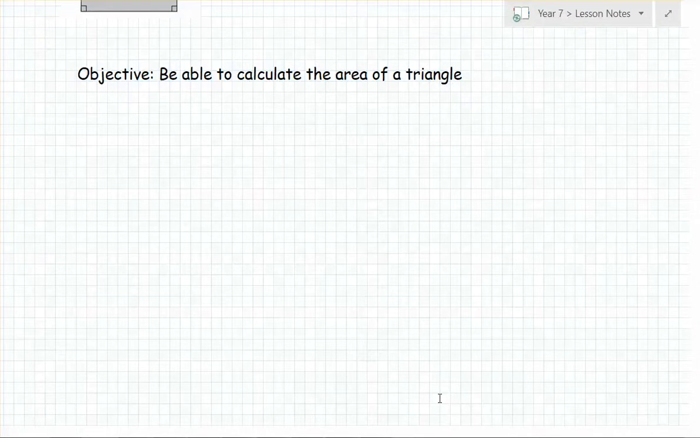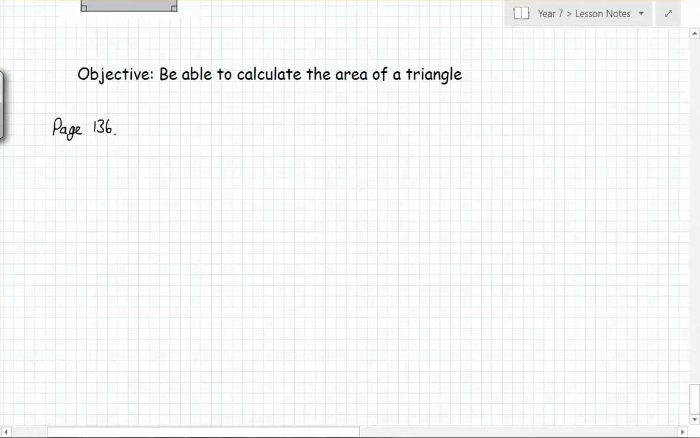Okay, area of a triangle. So we're on page 136, as you know. Now we've got there in the book, there is a formula, right? But what we're going to do is get to that formula rather than just me telling you. Right? So I'm going to start with